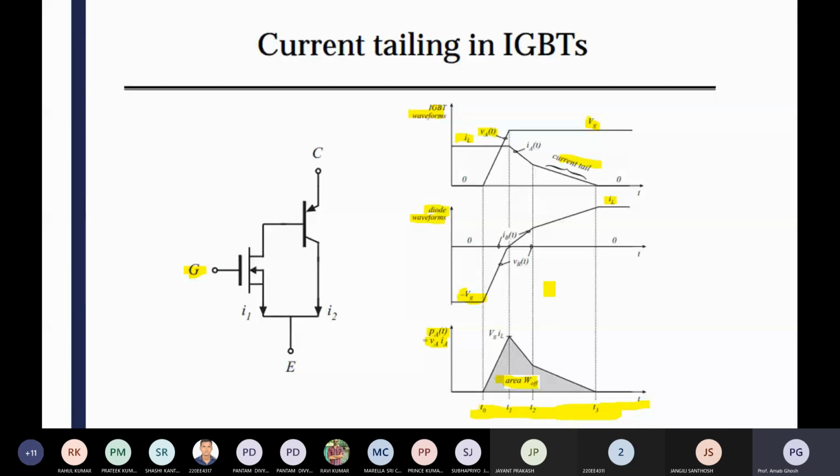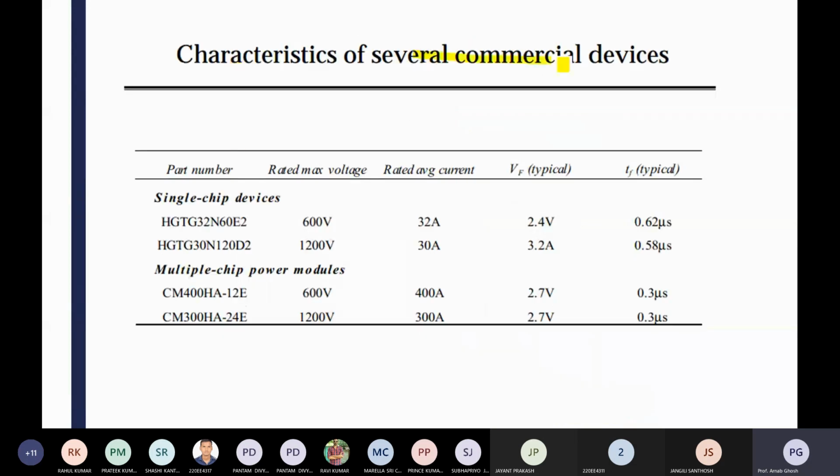Here you can see different characteristics of several commercial IGBT devices: single chip devices and multiple chip power modules. A single IGBT is available, as well as a module of the IGBT. A module consists of 3 IGBTs, and single means it's one. Different ratings are there as per their part number.